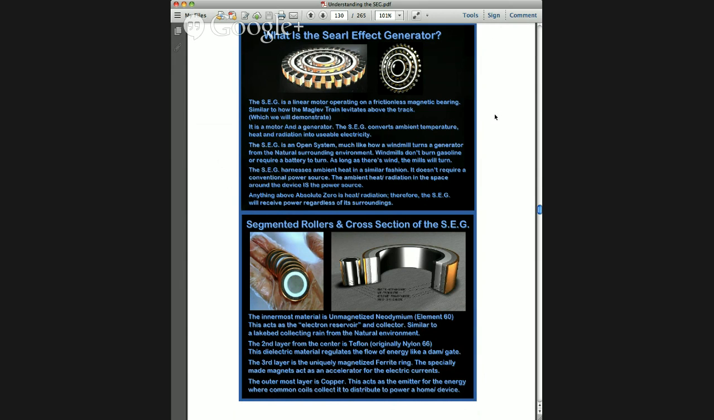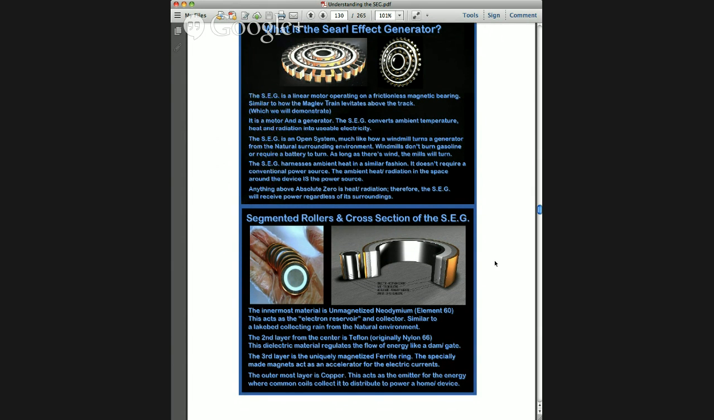And there's just so much material. It's ridiculous. So get back to the SEG. What is it? The SEG is a linear motor operating on a frictionless magnetic bearing. So you have this stator ring with magnets floating around this other ring, and it's generating electricity. And at the same time it's generating electricity, it is drawing in energy,